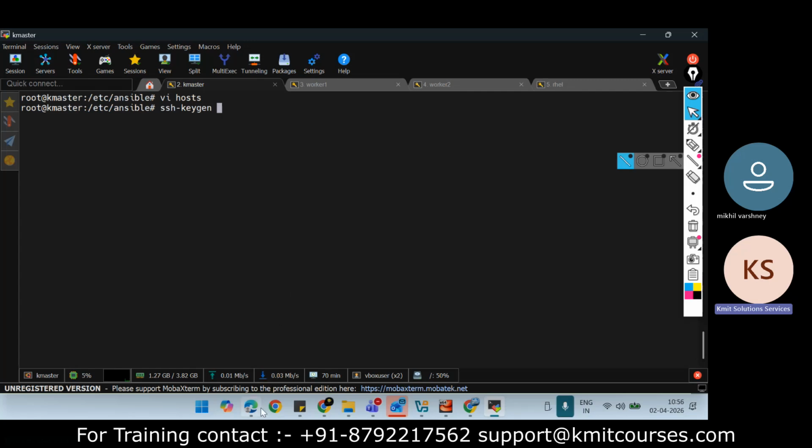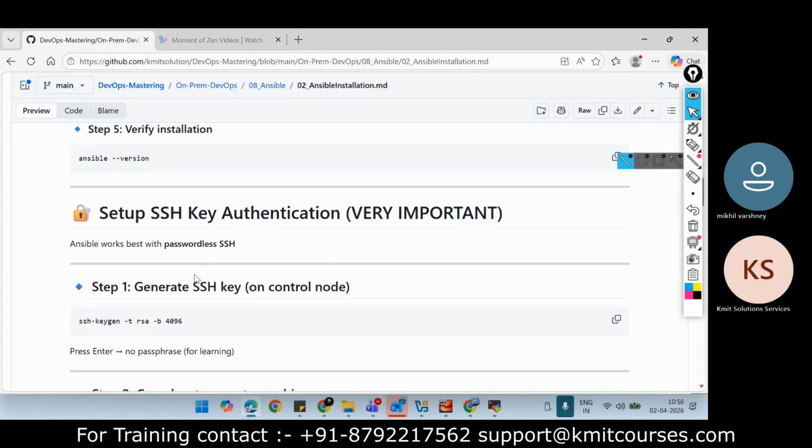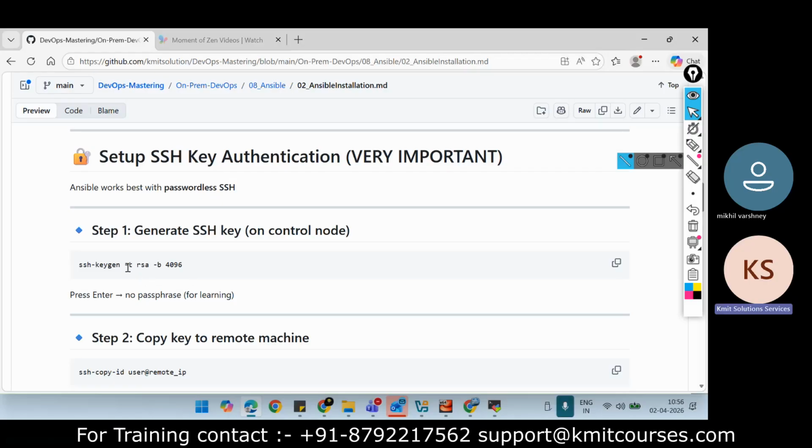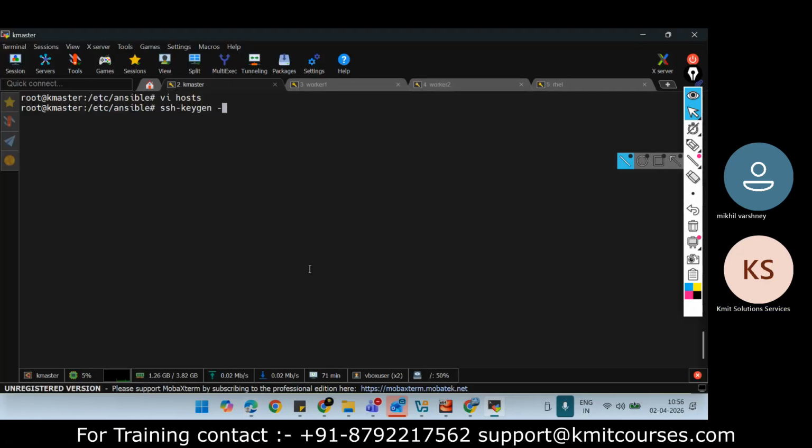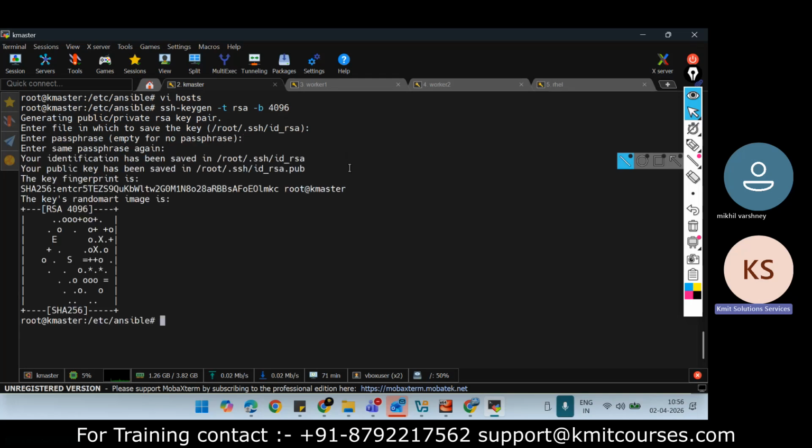Let me check the proper syntax. ssh-keygen, and I want to use the RSA algorithm with 4096 bits, so -t rsa -b 4096. Now it is generating a public and private key. It is asking if I want to keep it under this path. I'm okay with this.